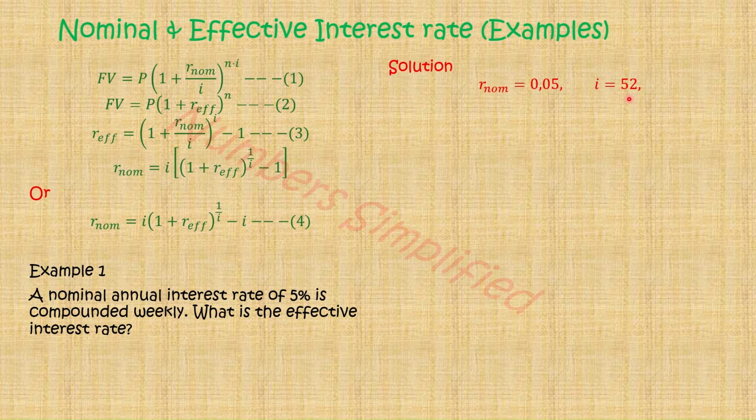So what we are looking for is the effective interest rate. With that, we see that formula 3 is the relevant formula to apply. So we take that formula, and that is the formula right there, formula 3. The next step is to substitute for the variables that were given. So we know that the nominal interest rate is 0.05, so we substitute for that. And we see that the I is 52, so we are going to substitute I with 52, and that is